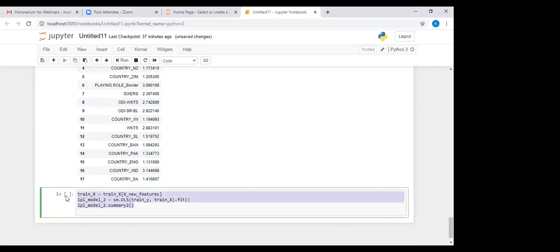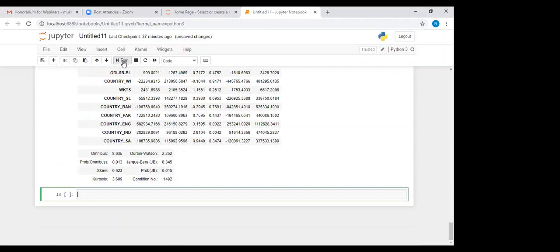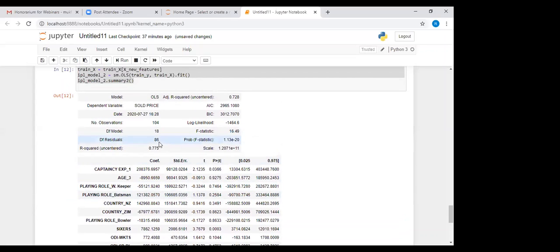We run the model and see what the difference is. Now the R square, which was 55%, comes out to be 77%.